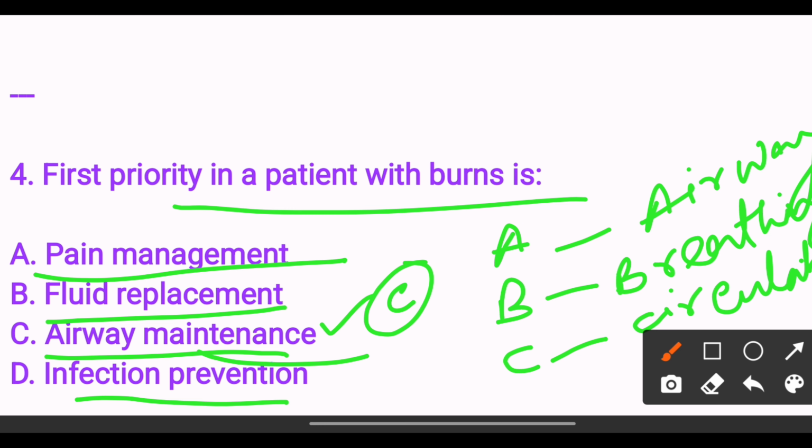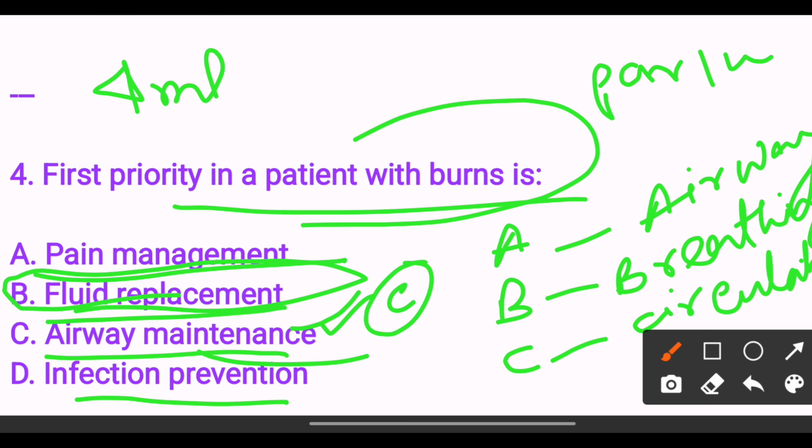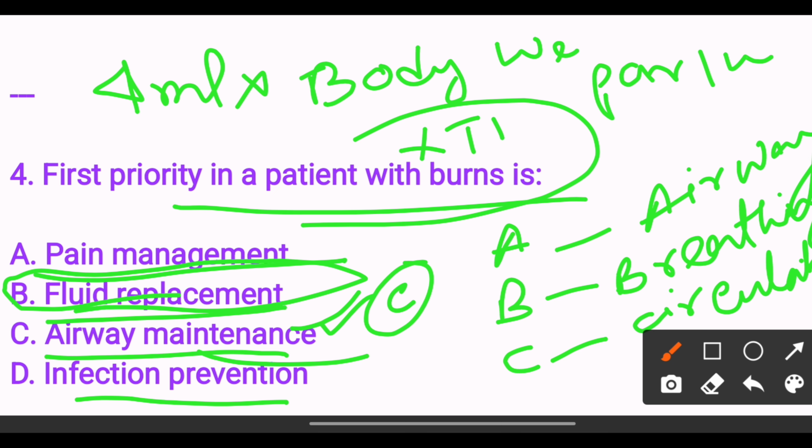After the airway maintenance, then we have to do fluid replacement. In fluid replacement, we use the Parkland formula. What is the Parkland formula? Parkland formula: 4 ml into body weight into TBSA, total body surface area. Next,